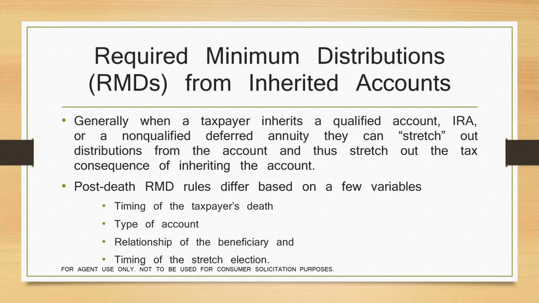The second issue is the type of account. Is this a qualified account, as we're going to talk about today, or a non-qualified account? Is this a 403(b) account or another type of employer-sponsored plan? Those things matter. The third factor is the relationship of the beneficiary to the deceased. For example, is this a spouse or a non-spouse? That's the most important factor. And then finally, the timing of the stretch election. Sometimes if stretch elections aren't made in a timely way, some choices are precluded. And so all of that matters in deciding what the minimum distributions might be after the death of the